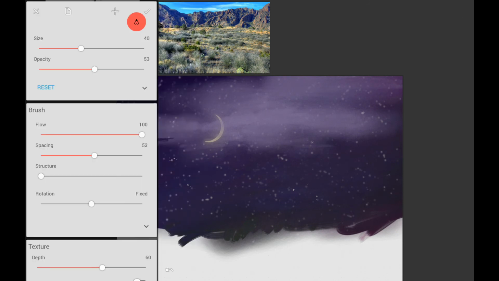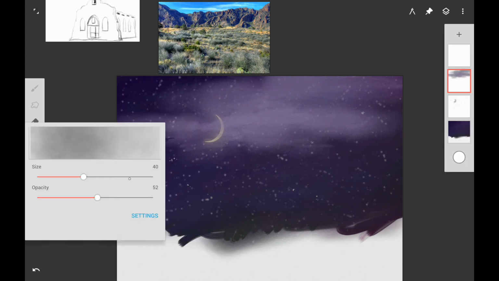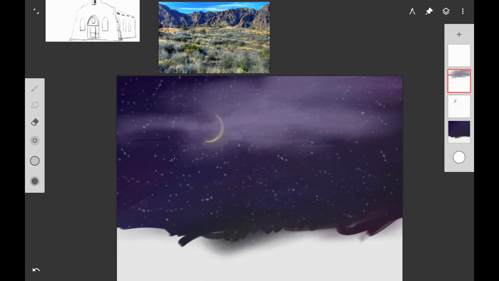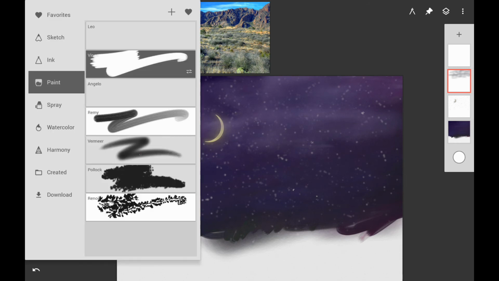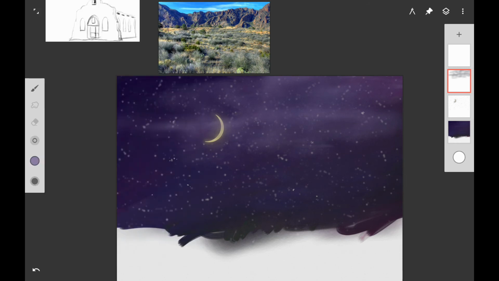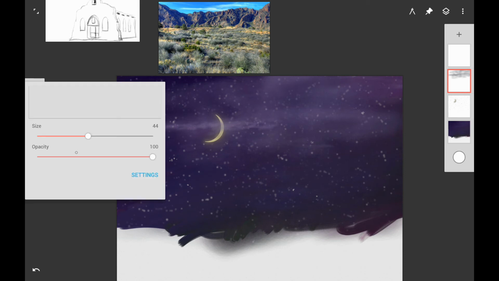I decided that I had too many clouds there, so this is why you use the separate layer, because you can go back and erase down the clouds and adjust the shapes here. And if you do this traditionally and you get too much clouds, when working with acrylic, you can grab a wet paper towel and you can smudge a bunch of the paint off, and it'll work that way. So then I finally got the shape that I wanted, and I'm going to go back with the Leo brush, and you can use your